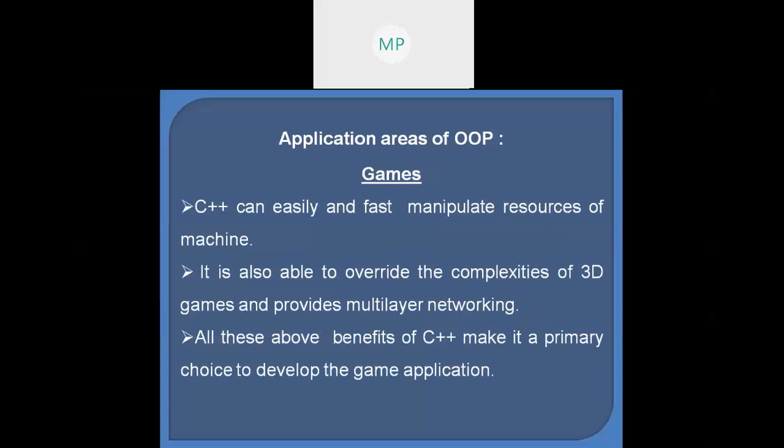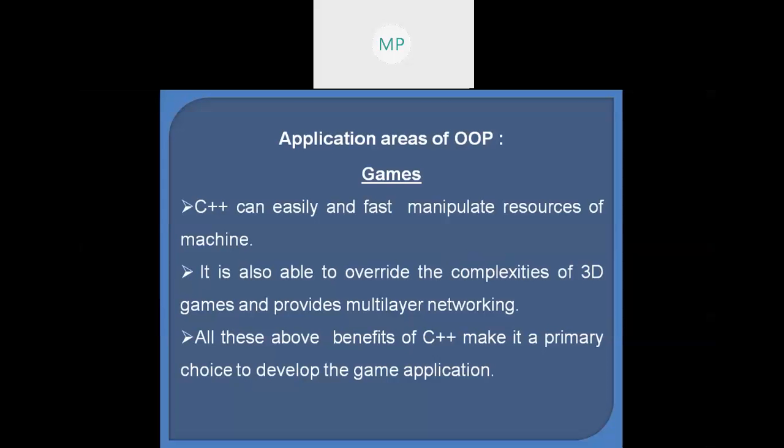It is also able to handle the complexity of 3D games and provides multi-layer networking. We use this multi-layer networking concept in games, and these benefits of C++ make it the first choice for developing game applications.